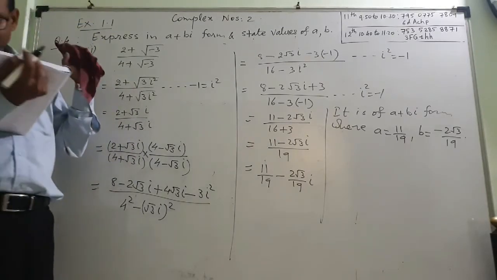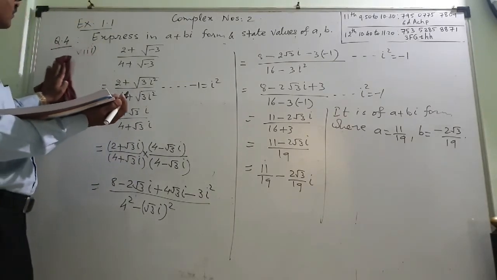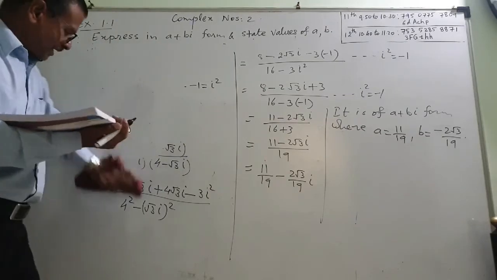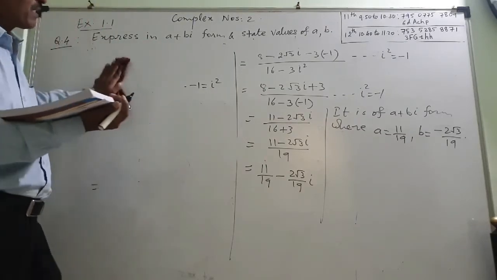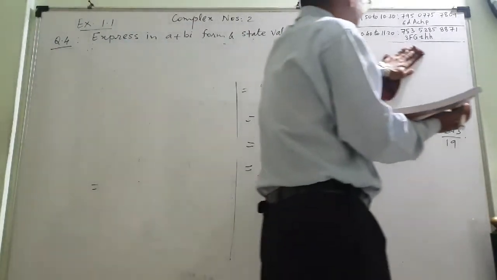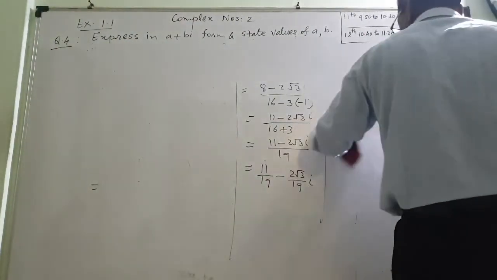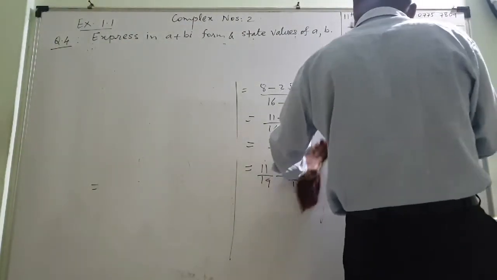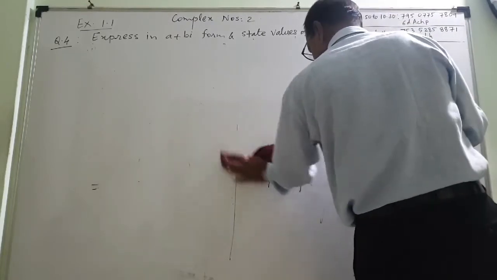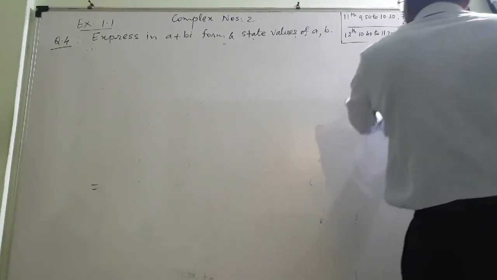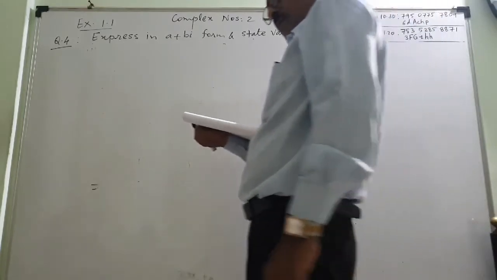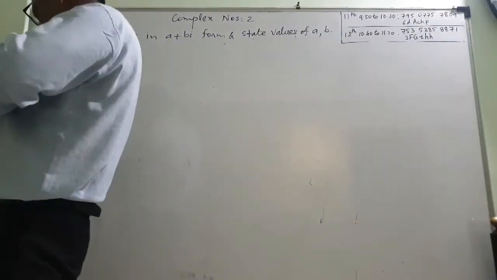Now everything is easy for you. I don't think the next sums are difficult. Just go on simplifying like this on the same similar terms, and that will be also easy. The 10th is also easy, the 9th is also easy. Some of the things you do, many of the things I will do.